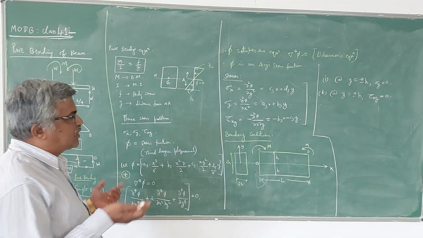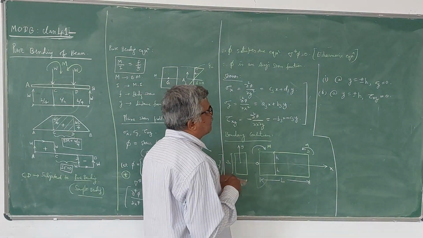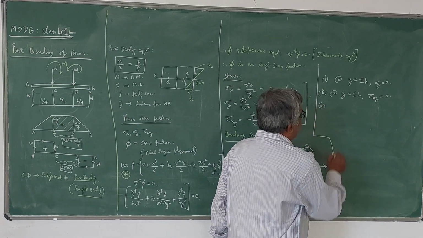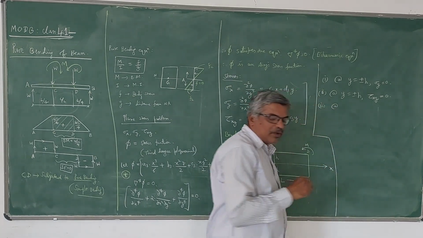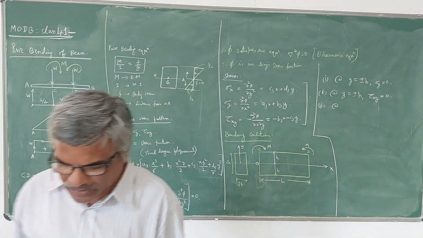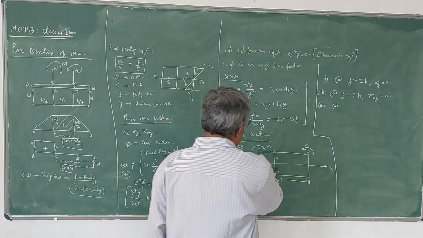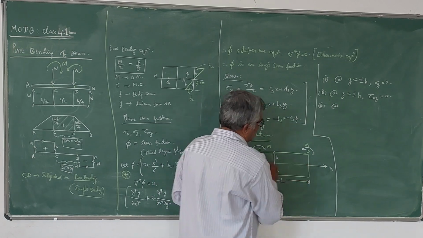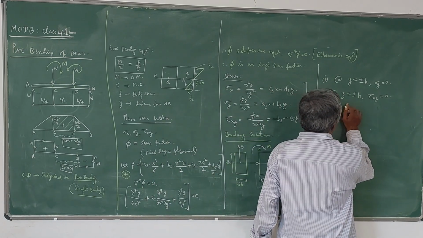So only it is subjected to pure bending moment. Therefore the second condition is also okay. Third condition is, at x is equal to any value. You can write at x is equal to any value means from here to here. So from x is 0 here, x is L here. So at x is equal to any value,